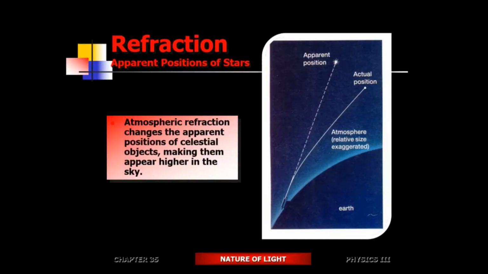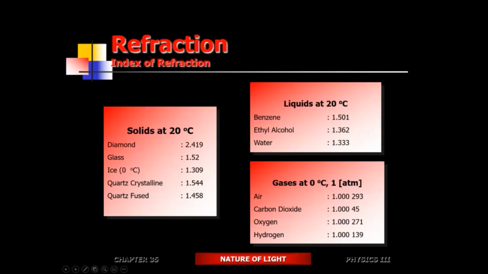Again, the stars that we're looking at are not quite where they are, right? We don't see the stars at their actual locations; we see the stars appear at their apparent positions. That's what it means. Because of optical aberrations, the light is going to get refracted from these stars. And once again, we have a tendency to see things in a straight line, so the star is going to appear at a different location from its actual position, as far as we can tell.